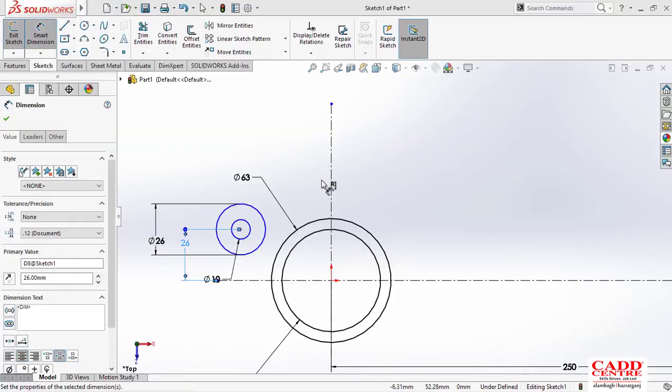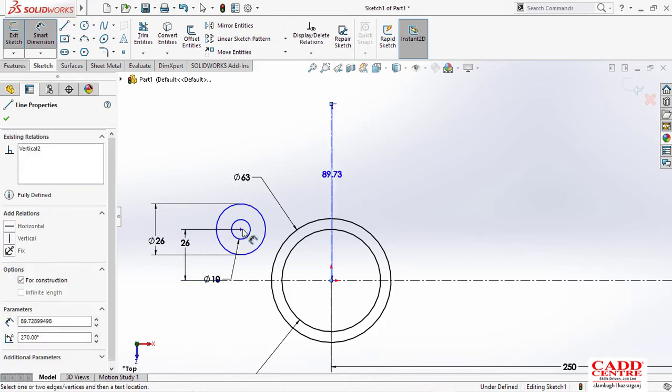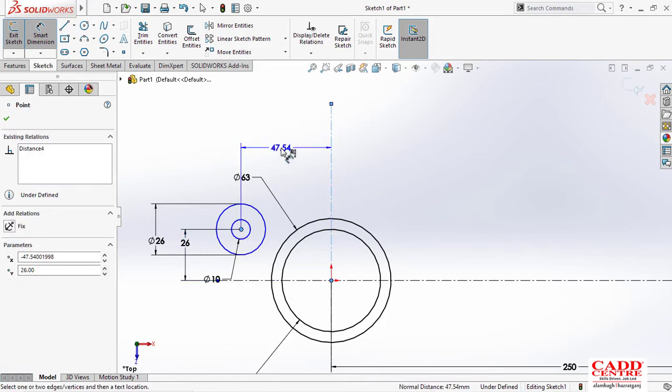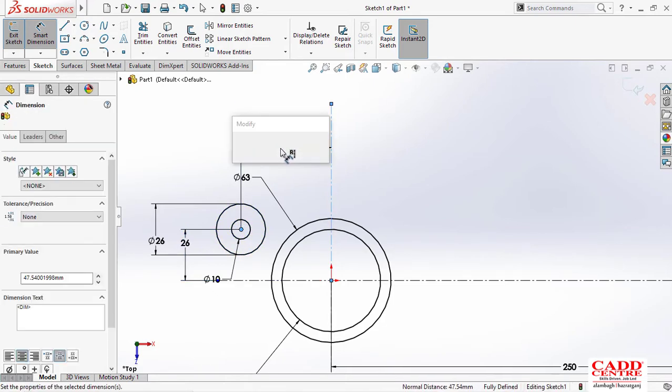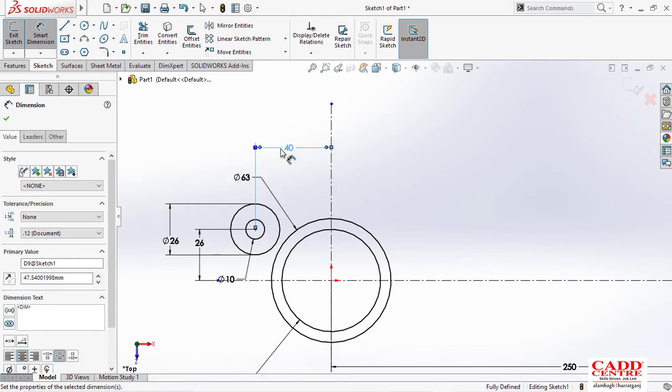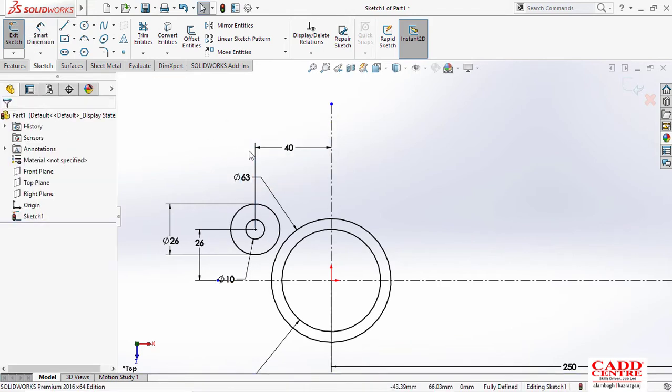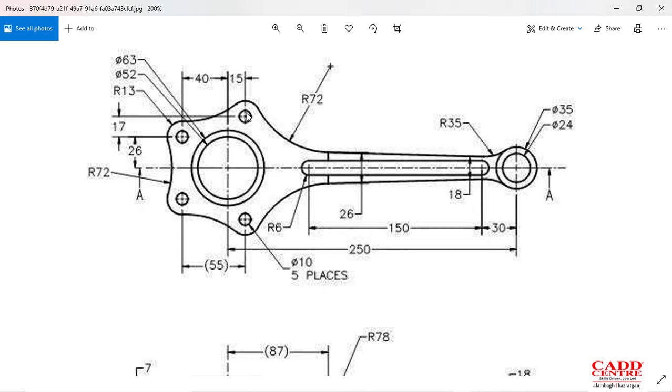So I'll provide from that point to that point 40. Okay, so this is our first circle. Another circle I'll draw here, and they have given that from vertical it is 15, and from the center point of that circle it is 17.